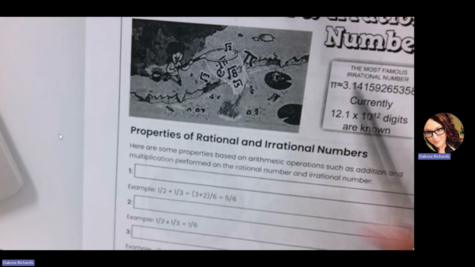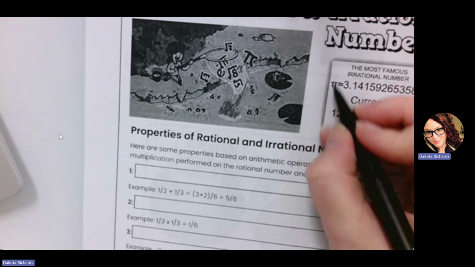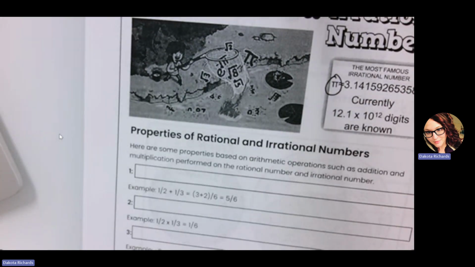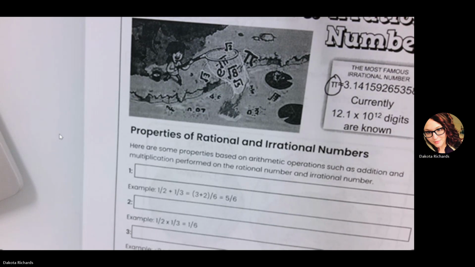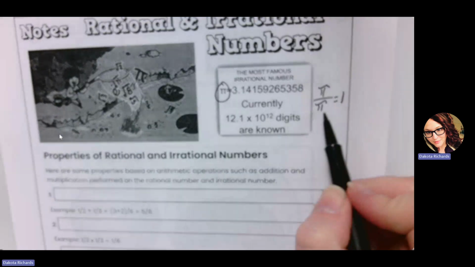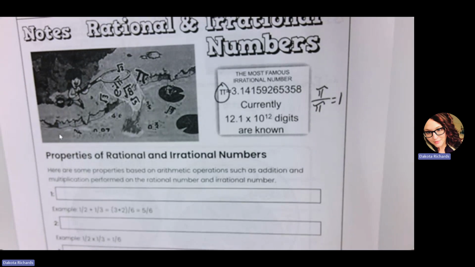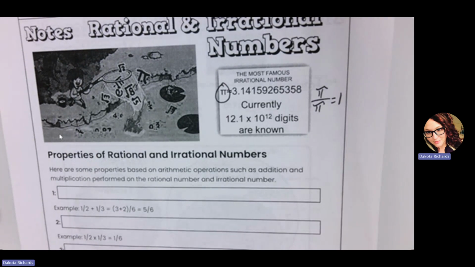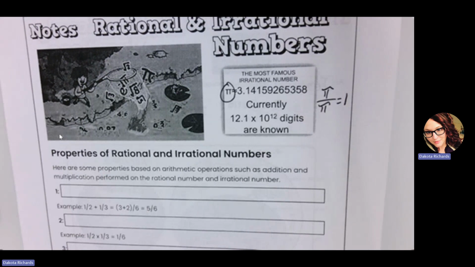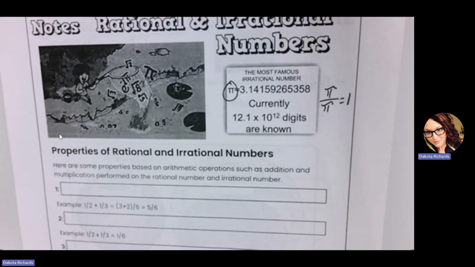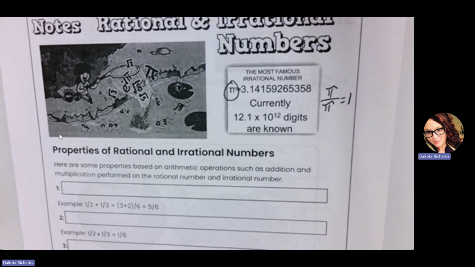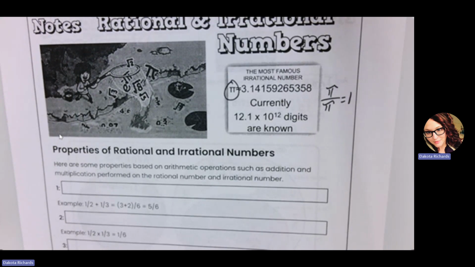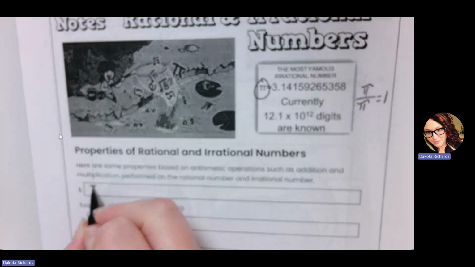Okay. So again, the most famous irrational number is pi. Anytime you see pi anywhere in the problem, unless you have pi over pi, that would just be 1. But you're probably not going to see that. All right. Properties of rational and irrational numbers. Here are some properties based on arithmetic operations, such as addition and multiplication, performed on the rational number and irrational number. So the sum, if we're adding,